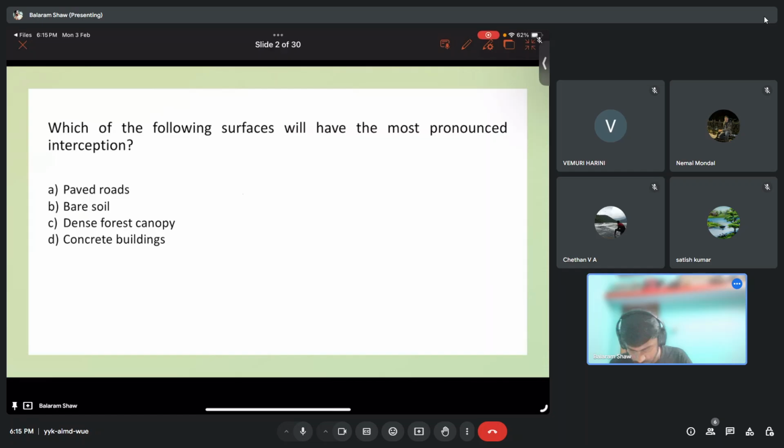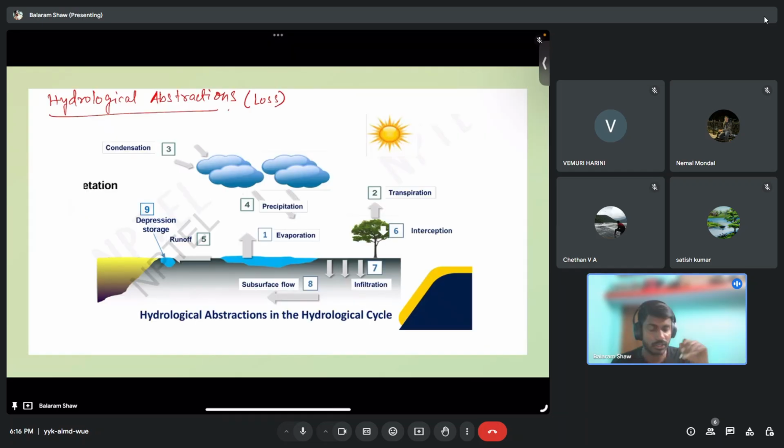So in this hydrological cycle, you can see that precipitation is the input, that is not the loss, right? Let's say precipitation is number 4, then evaporation is happening, number 1. So evaporation is one of the losses that is taking place, right? Second is transpiration. We'll come to all of these terms one by one. Then we have runoff, which is available to us, so we will not consider that as abstraction, right? Then we have depression storage, which will come later. Then interception and infiltration. All these are hydrological abstractions that happen in one watershed.